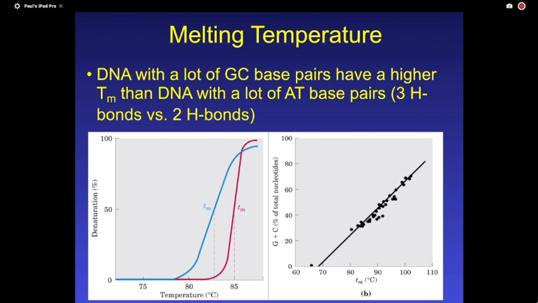Now, what you can probably deduce is that with higher concentrations of GCs, you can see what happens to the melting temperature. The melting temperature goes up linearly as you increase the concentration of G's and C's. And so you can actually get DNA that has integrity even at 100 degrees Celsius, or boiling water. That's important